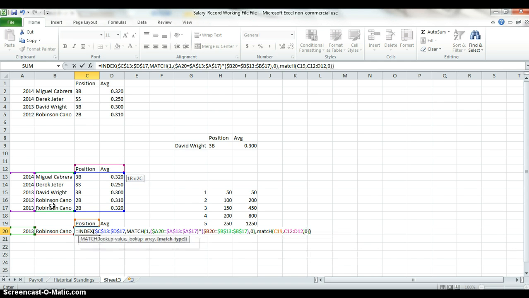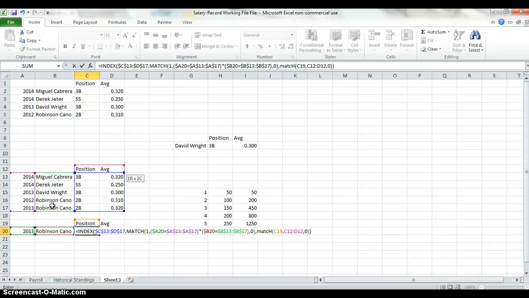and then we need an exact match. And then, just as I said before, this is going to be an array formula, and here let's explain what the array is doing. It's saying look at what's in cell A20. Does cell A20 equal the value in cell A13? No, 0. A14, no, 0. A15, yes, 1. A16, no, 0. A17, yes, 1. Multiply that by the value in column B, and this is where the array comes in,